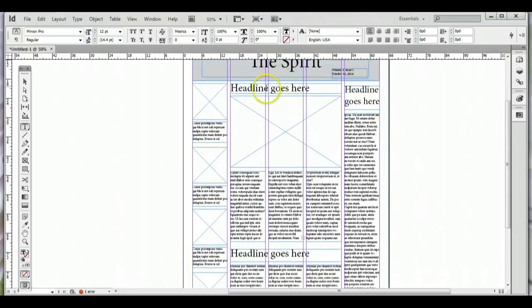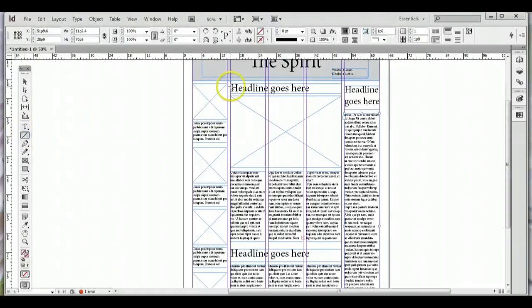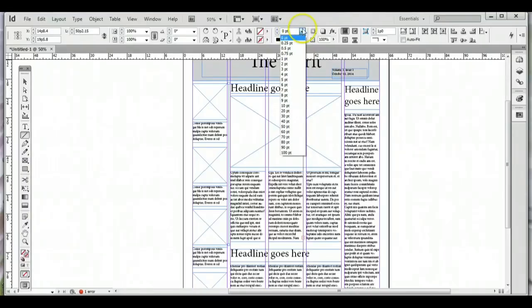Now the one thing I don't like is that I have a headline right next to a headline. So what we can do to separate these elements is just to put in some lines around our main story here in the center. So I'm just going to draw some lines to give some separation to that. So if you come over to the left side toolbar, you'll find your line tool. I'm just going to draw a nice vertical line right down this gutter there. Okay. I want to make this maybe about 5 points. So if you choose this drop down menu up here at the top, point